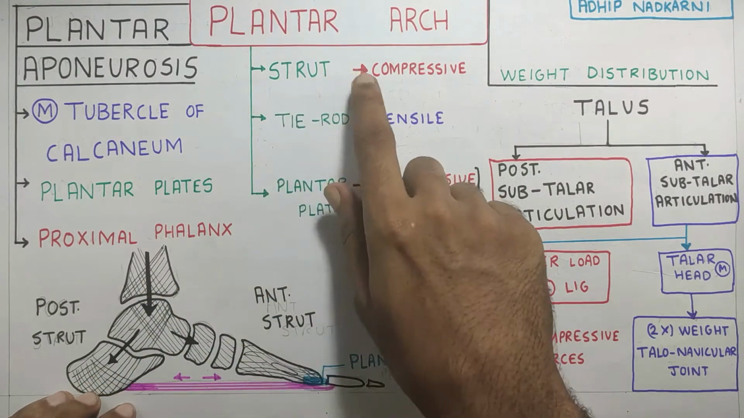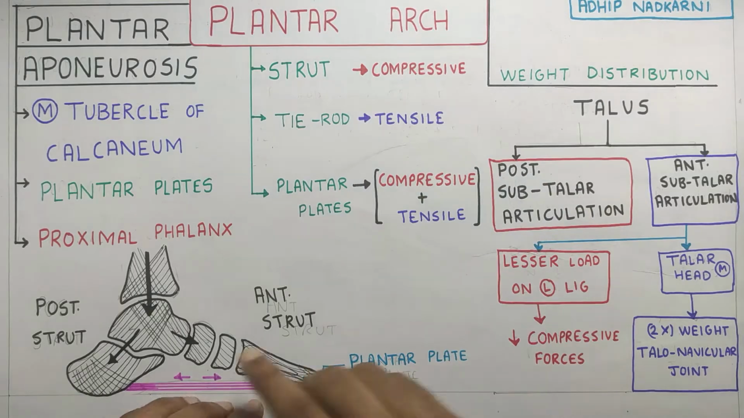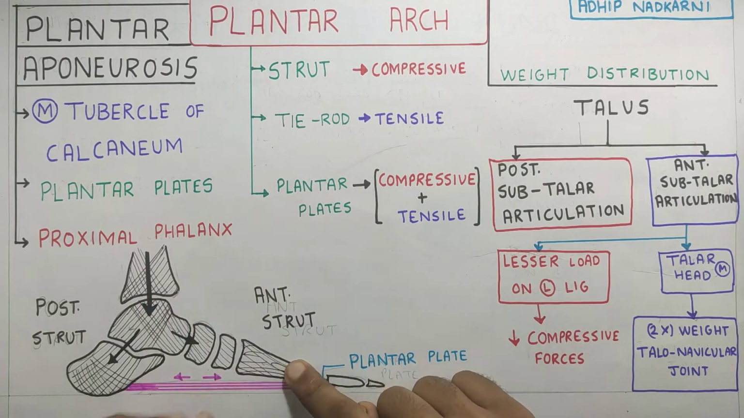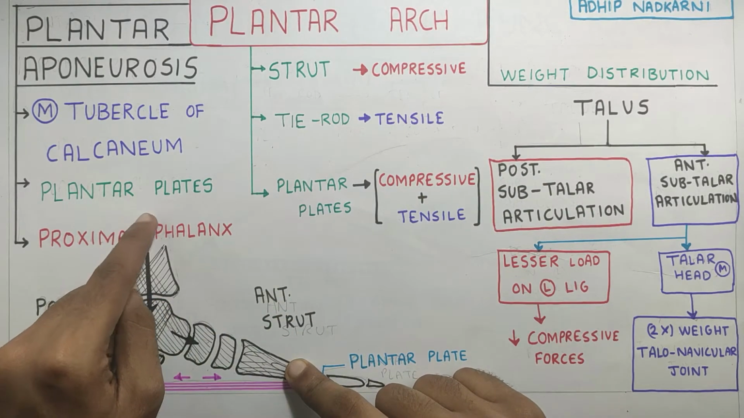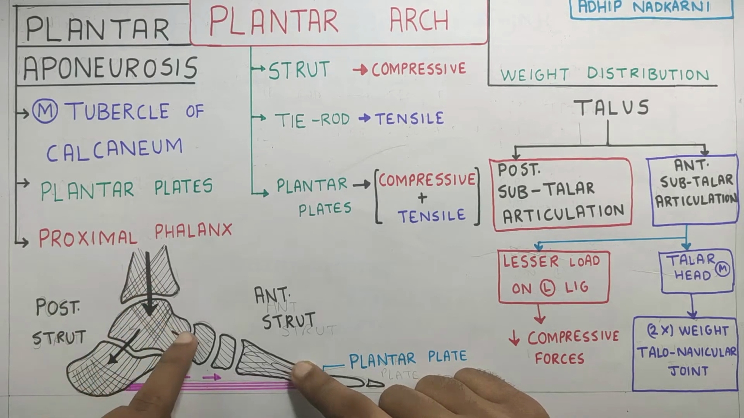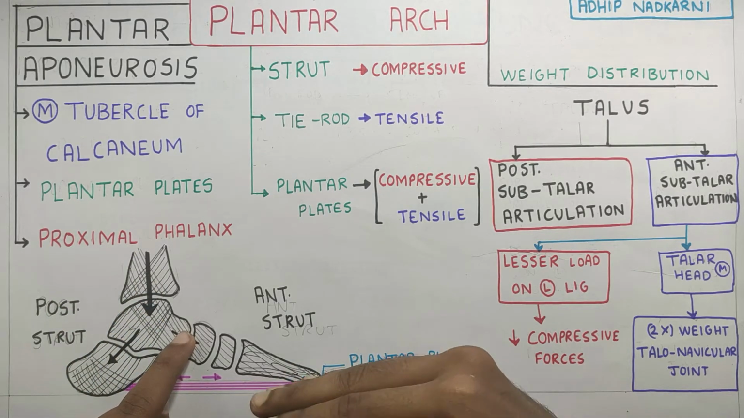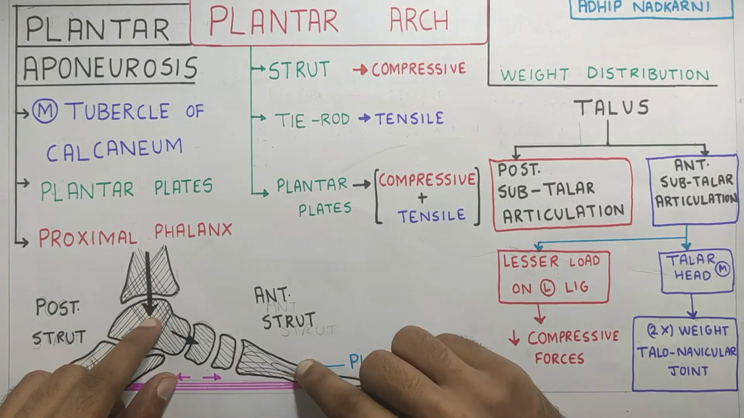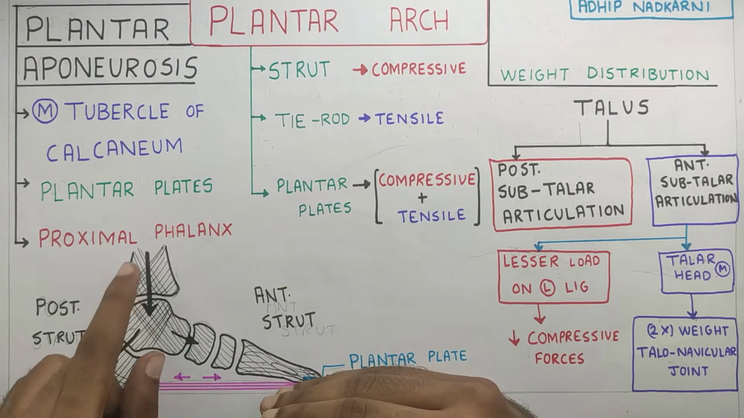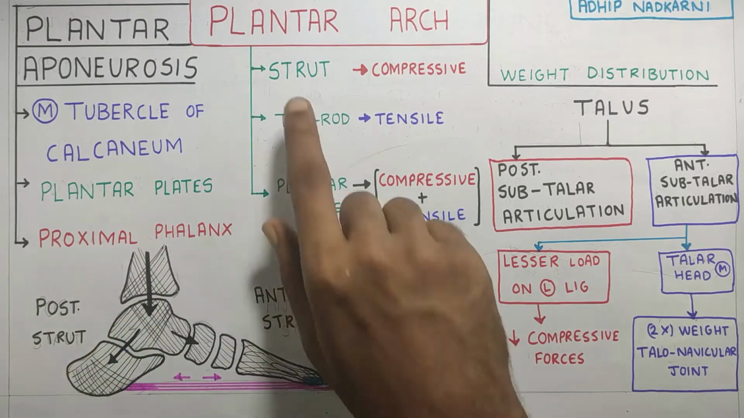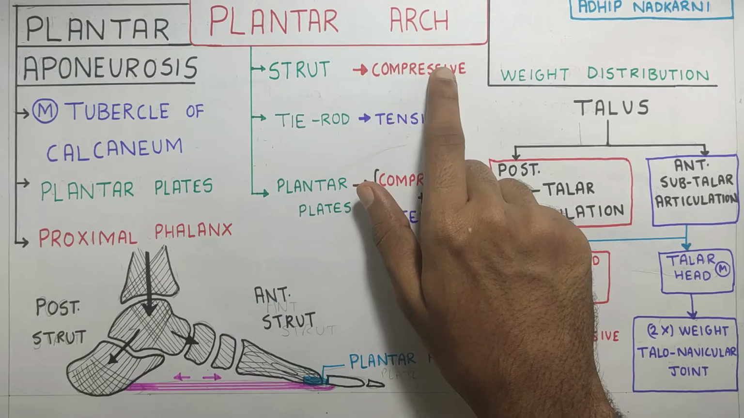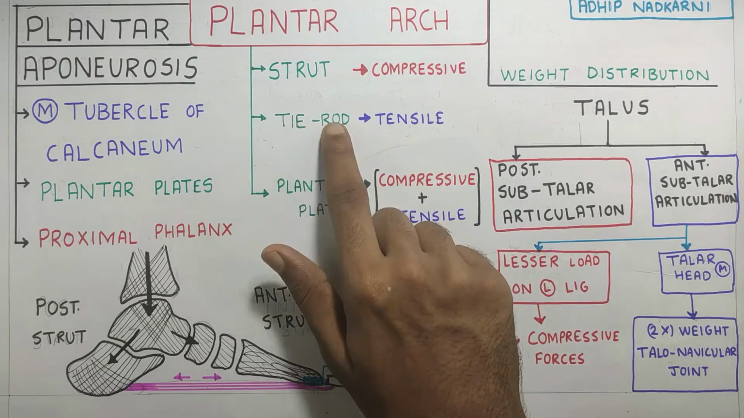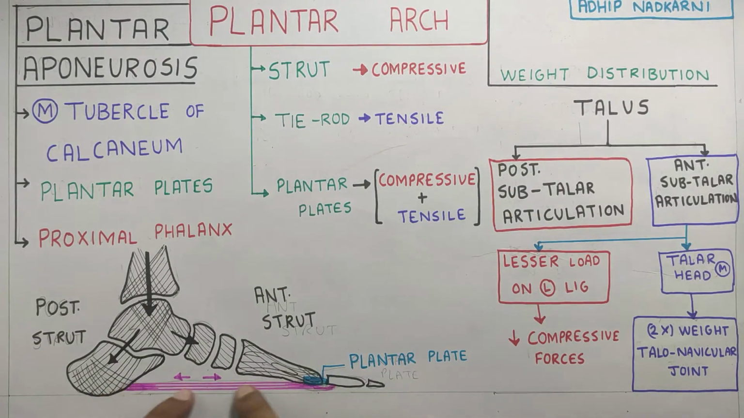So the strut undergoes compressive force, whereas the anterior strut, if you see, that also goes compressive force. The force is coming from here, and then the ground is there which is not movable. So it is compressed again between the ground and the body weight. So both the struts undergo compressive forces, whereas the tie rod, that is the plantar aponeurosis or plantar fascia,